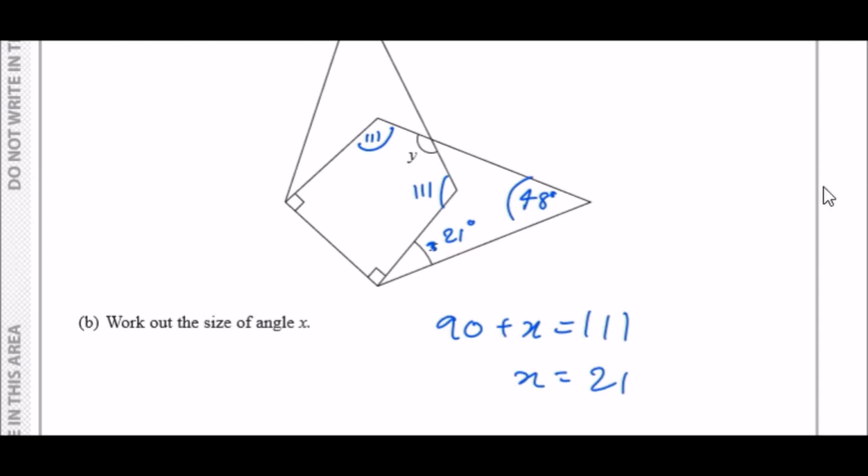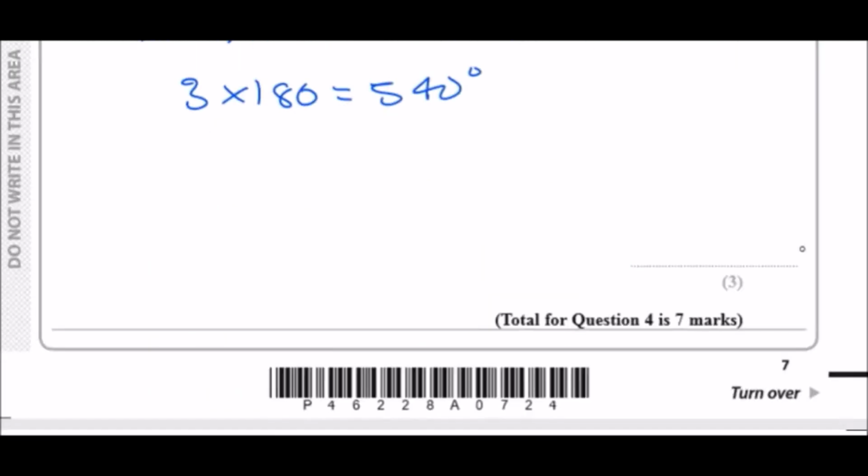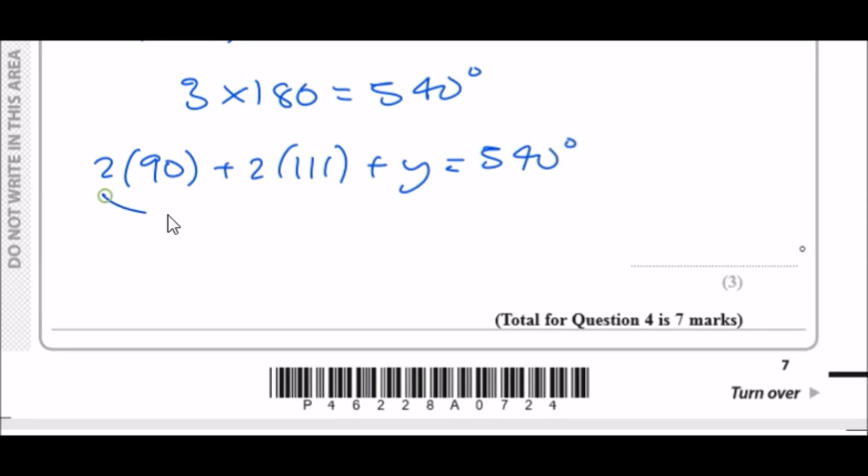So we can just subtract it from 540. We've got 90, 90, 111, 111, plus y equals 540. So 2 lots of 90, twice, plus 2 lots of 111, plus y equals 540 degrees. If you add up all of these, 2 times 90 plus 2 times 111, I'll get 402 degrees here, plus y. Subtract 402 from 540, and you should get